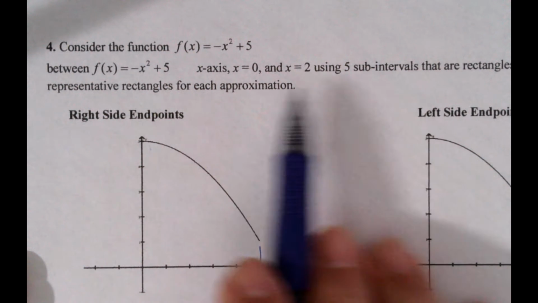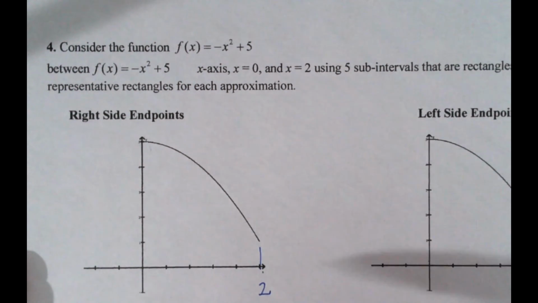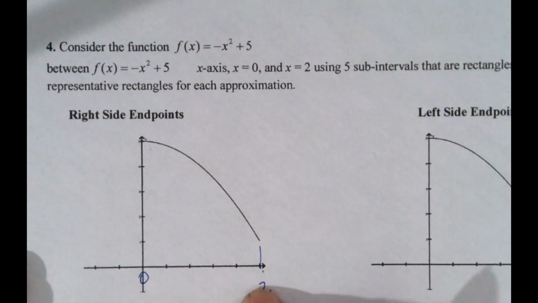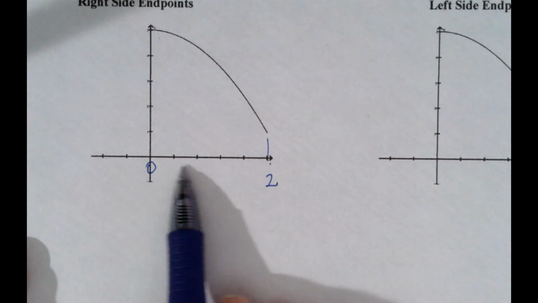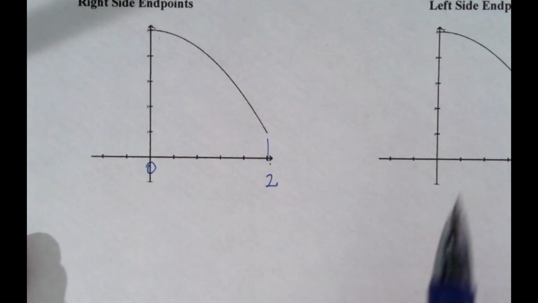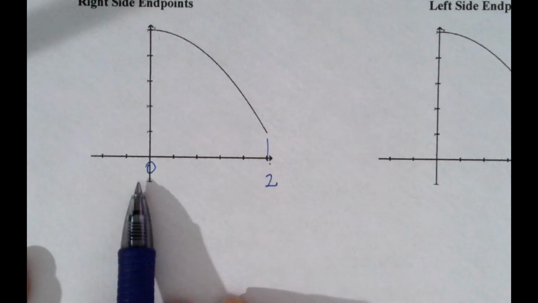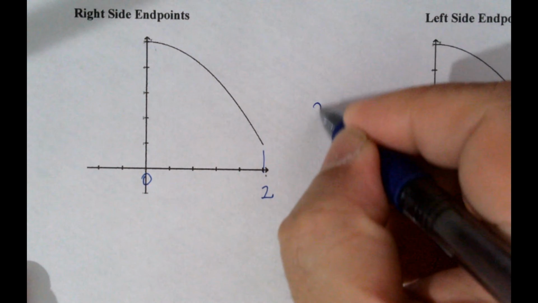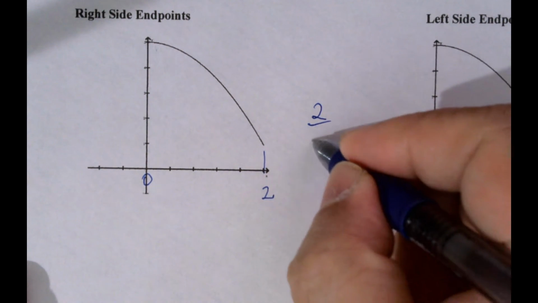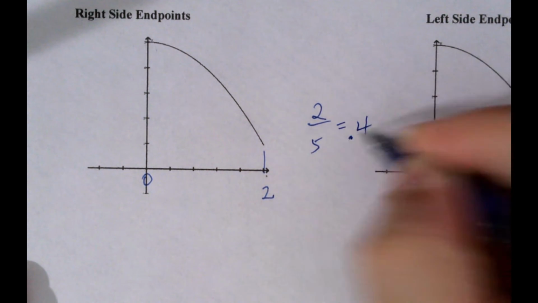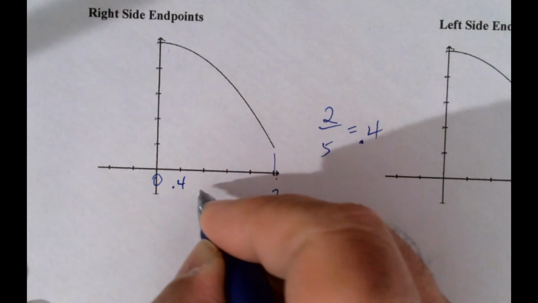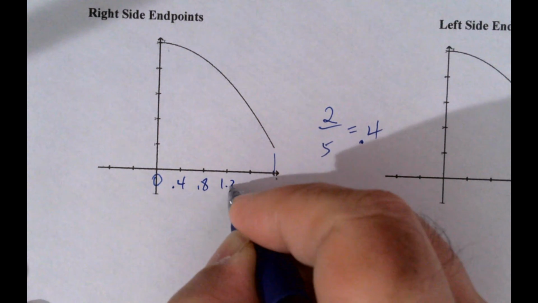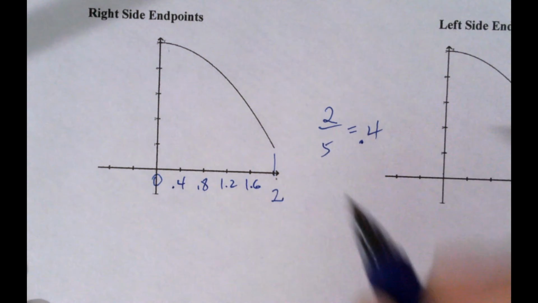Okay, so 0 to 2 is the main interval. Going from 0 to 2, that's the main interval. The subintervals are here: 1, 2, 3, 4, 5. So we've broken it up into 5 subintervals. Now, what is the width of each interval? You just take the size of the interval, divide by 5, and you get 0.4. Usually we don't bother with decimals, but it's much easier with decimals. So that means the first one is 0.4 units, then 0.8, then 1.2, then 1.6, and then 1.6 plus 0.4